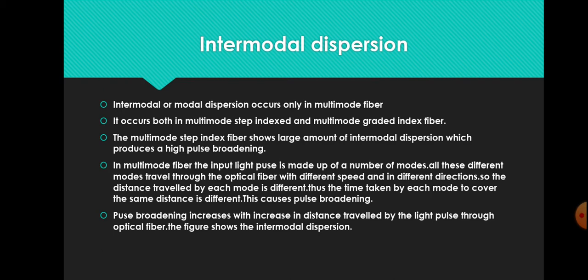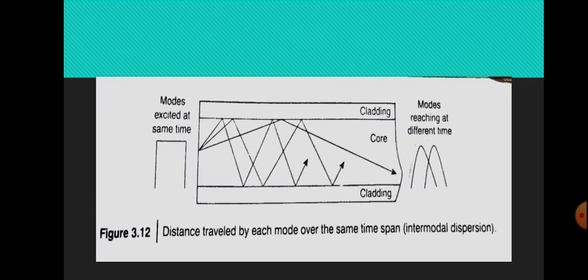That gives rise to a propagation delay between different modes. So the time taken by each mode to cover the same distance is different, and this causes pulse broadening at the receiver end, and the pulse broadening increases with the increase in the distance travelled by the light pulse through the optical fiber. The figure shows the intermodal dispersion,